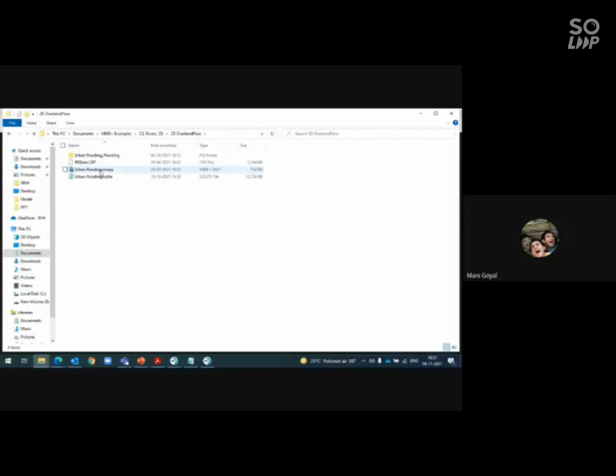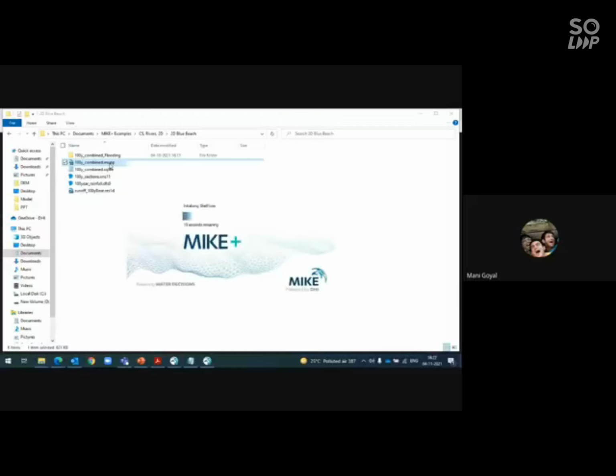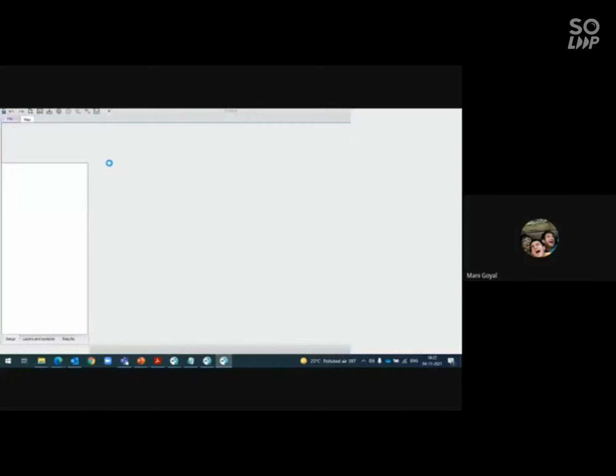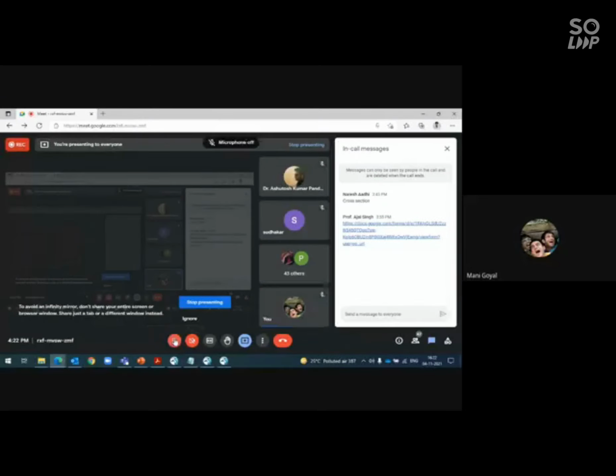This one is for urban flooding, and this one is maybe for three-way flooding, Blue Beach. So this is one of the examples.